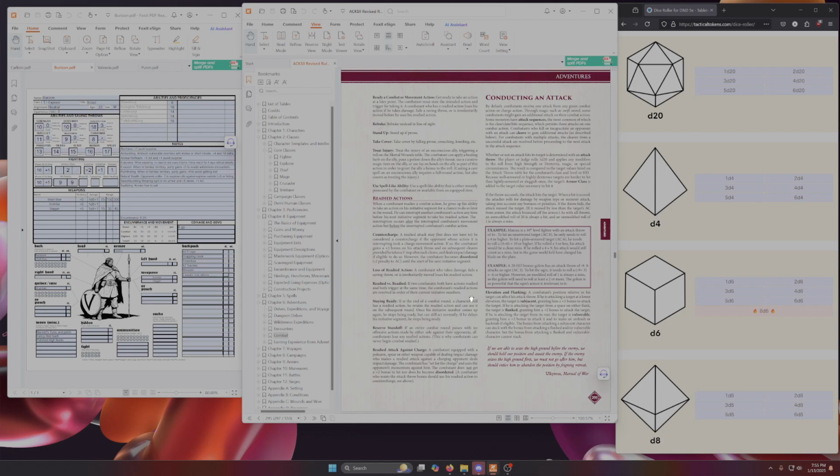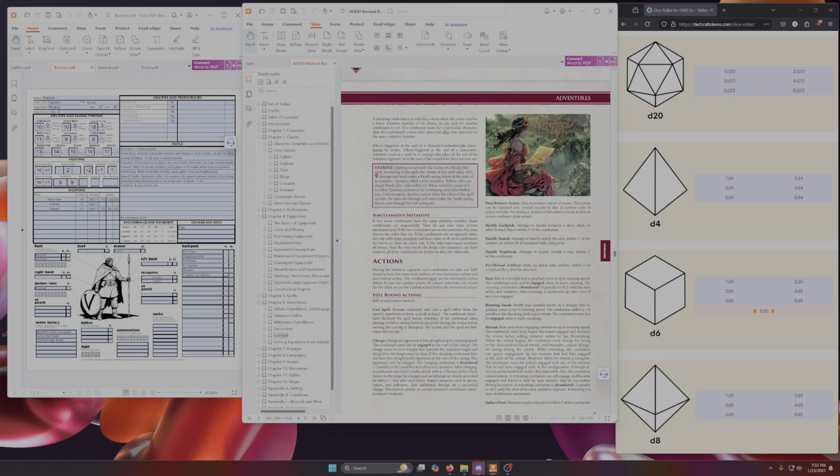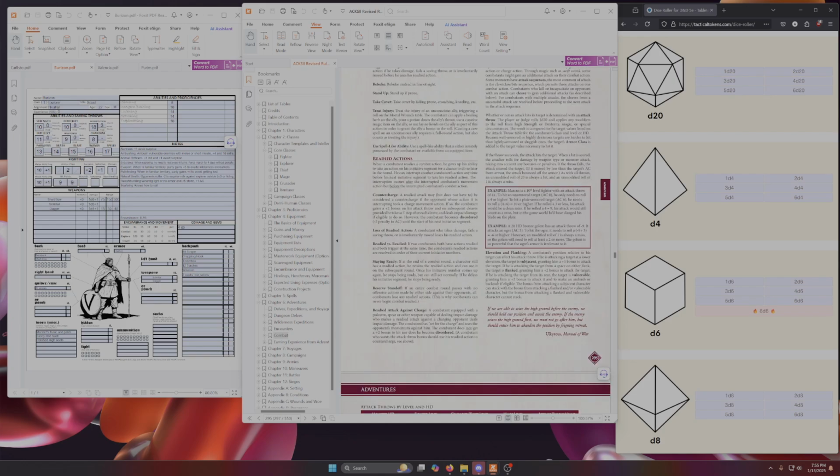Readied actions. Countercharge. A readied attack may, but does not have to be considered a countercharge if the opponent whose action is interrupting took a charge movement action. So if you have a bow or a spear, you can automatically interrupt the charge before your initiative. But this is just a general countercharge using sort of any weapon. And I think that is...